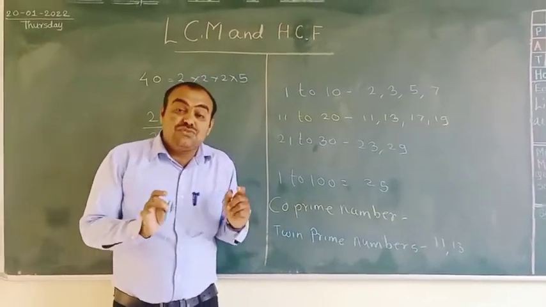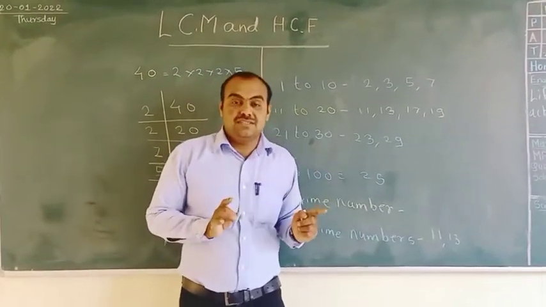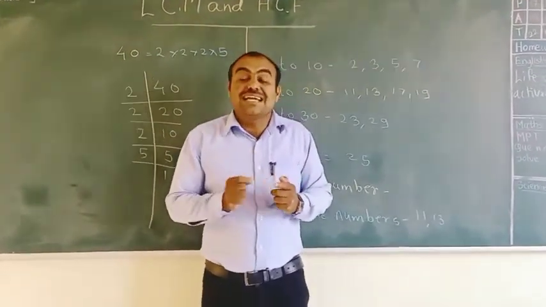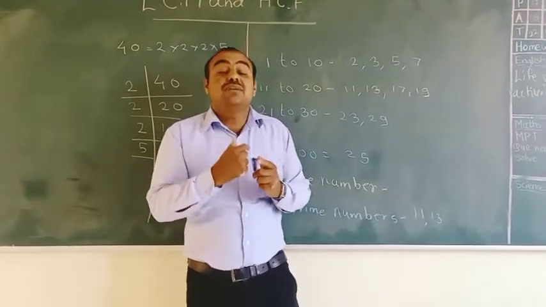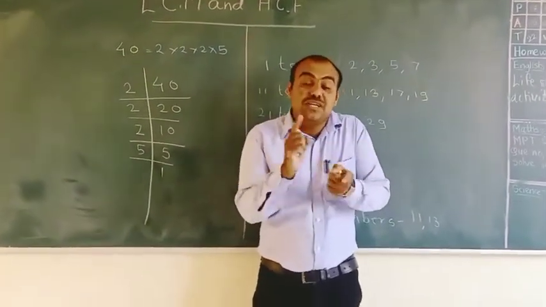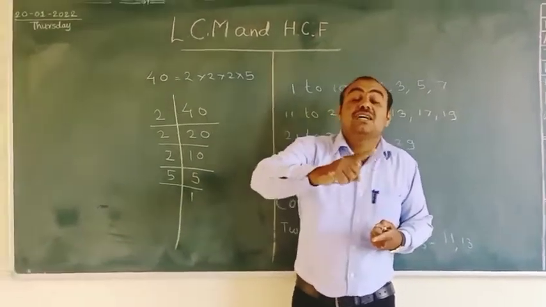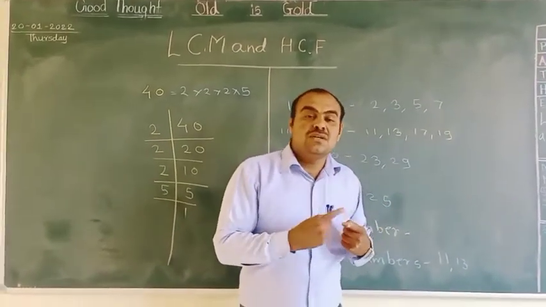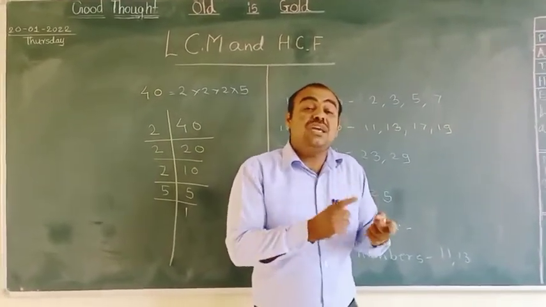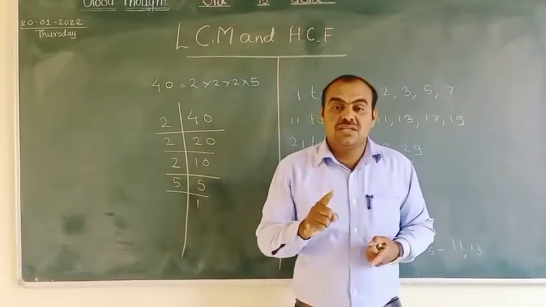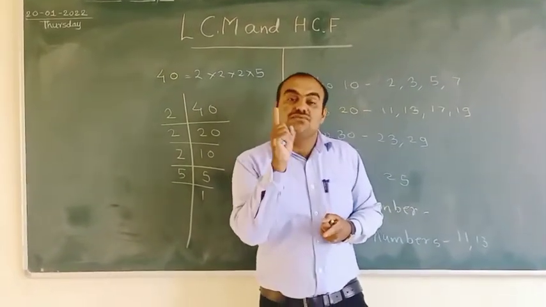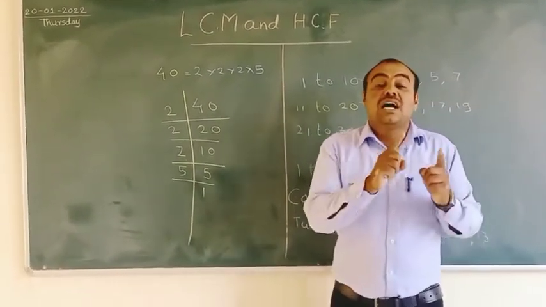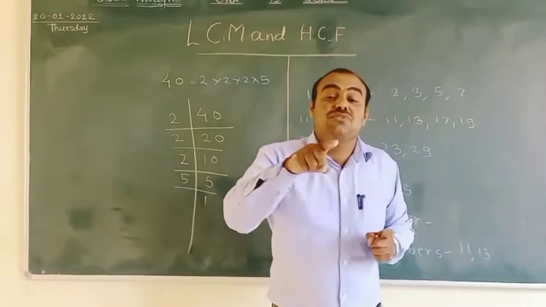So like this, firstly we find the prime factors, and then we find the common factors and underline them. The common factors we get, we multiply them, and this is the HCF. Then the rest of all the factors we take and multiply, and then we get the LCM. Now we can take the first example of LCM and HCF, to understand how to do the LCM and HCF of these examples.